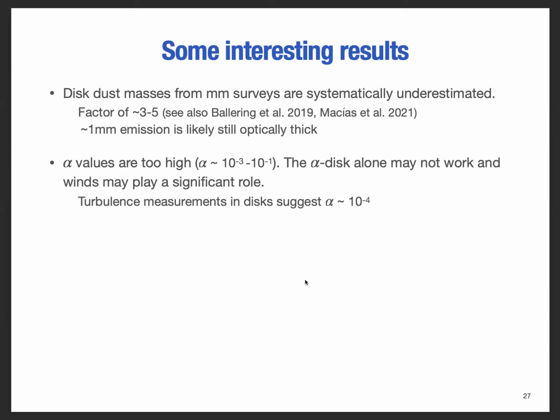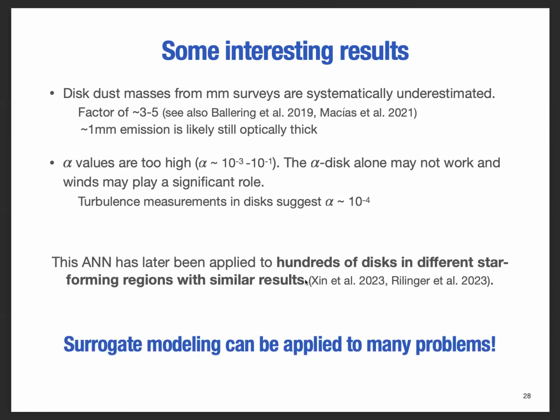So what this tells me is probably just an alpha disk prescription is not enough. If you want to fit your observations with an alpha disk prescription, you need to change alpha in a way that doesn't match the observation. There's something we're missing. And I think the solution to this is these winds, which from other studies are also getting more attention recently. So probably you cannot understand disk evolution only with an alpha disk prescription. And then with this neural network,